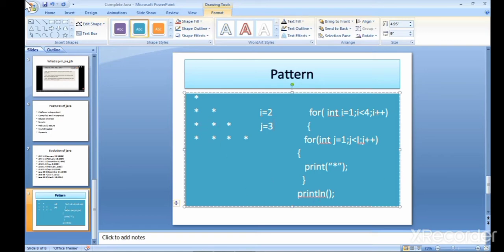After that it's gone to the first loop. Then it increments the value of I plus plus, which is gone to 3. Okay, 3, it checks the condition is true. Then it comes to int j is equal to 1, printed first star in third row, and then after that it incremented the value of j, and it printed the second star.